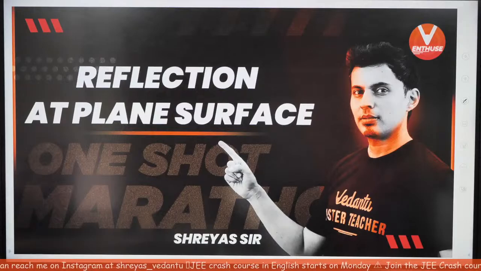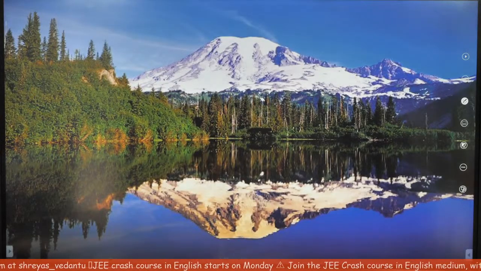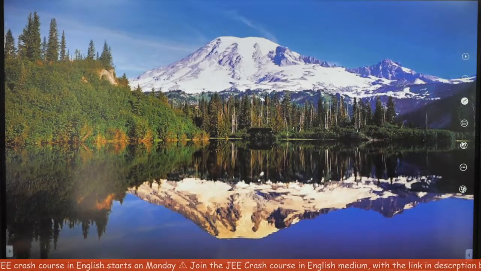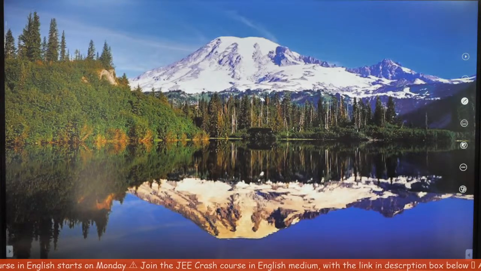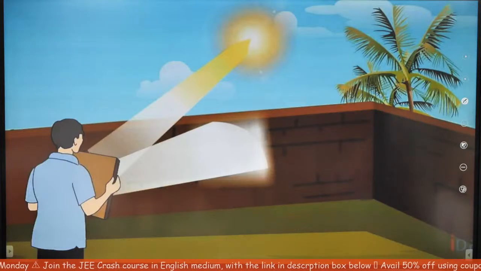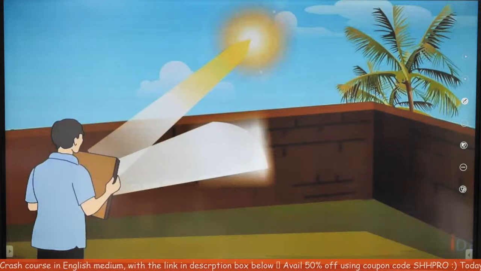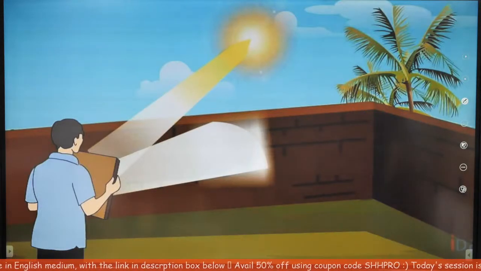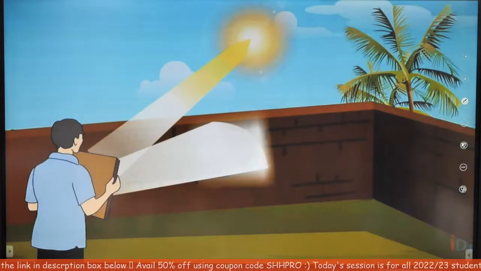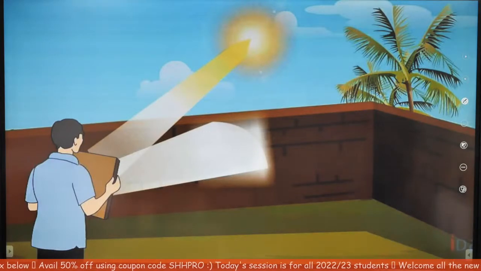But before we begin, let me tell you all about what we're going to see today. Look at this beautiful picture. Couldn't have been possible without reflection. I'm pretty sure most of you would have done this in your school, with your friends, with your watches, or some kind of a reflecting surface. Hold a mirror and then point it towards some friend or somebody who you want to irritate. And if you've done that, please raise your hand in the chat box.